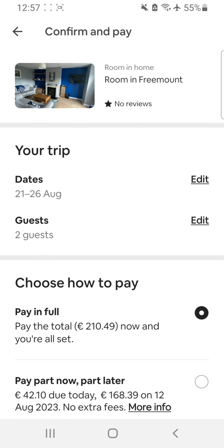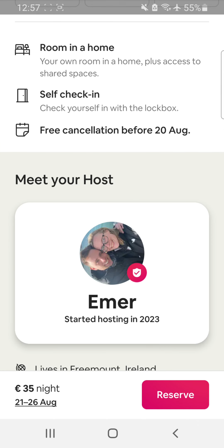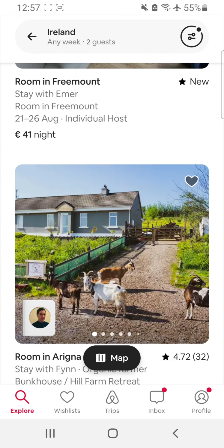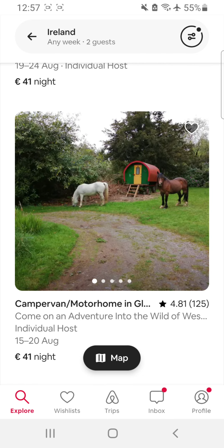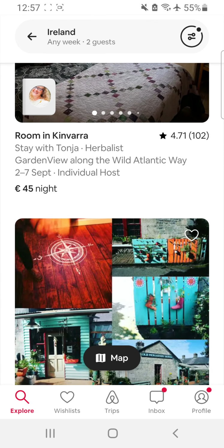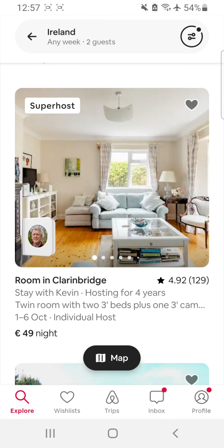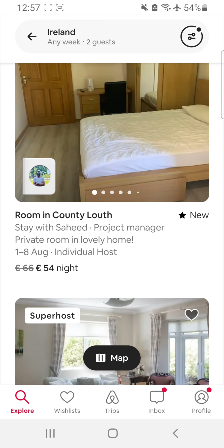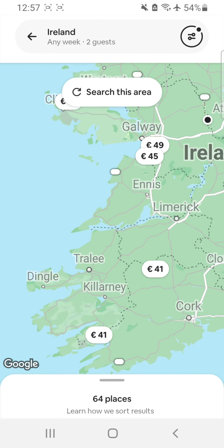For example, we will check. It's 210 euro for 5 nights. It's a very good price for Ireland because Ireland is one of the most expensive countries, but one of the most beautiful countries of the world. So at this moment, I'm just thinking about where to go in Ireland, but I need to check a cheaper price. So you can get,